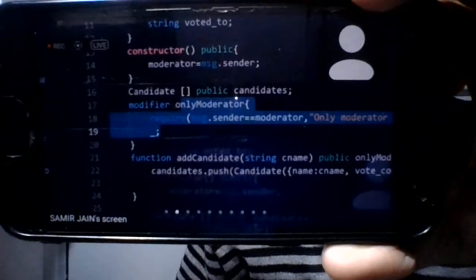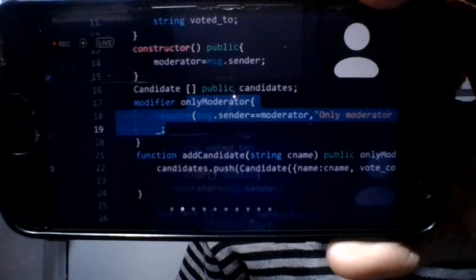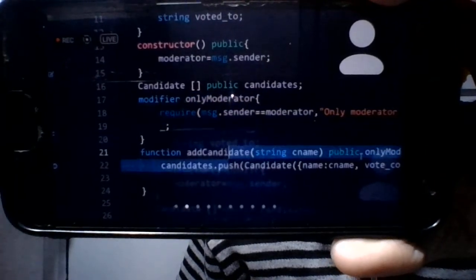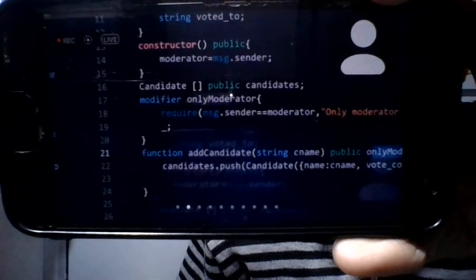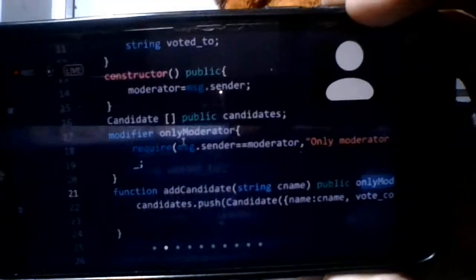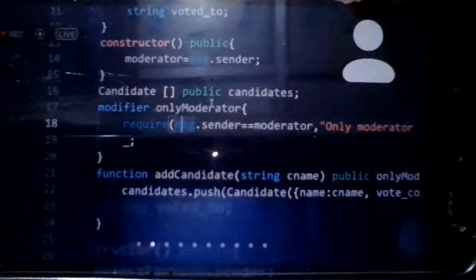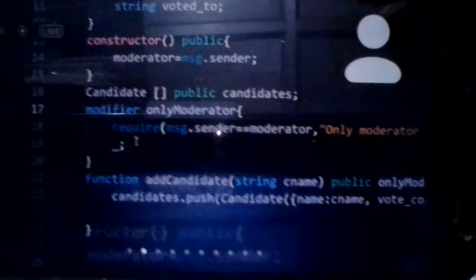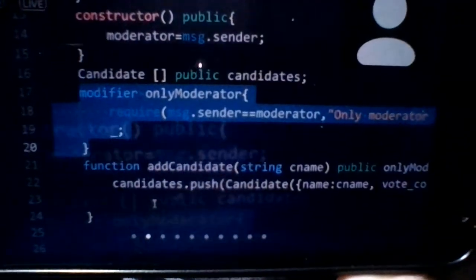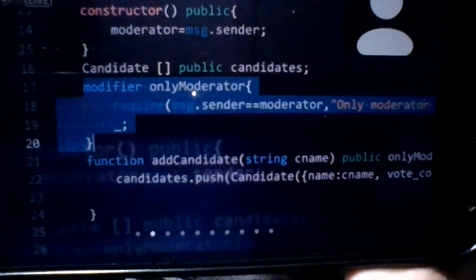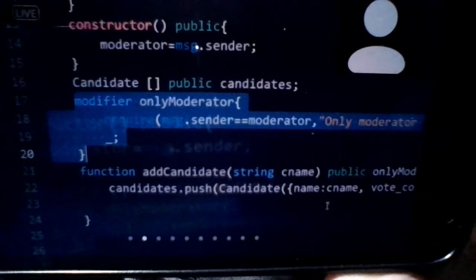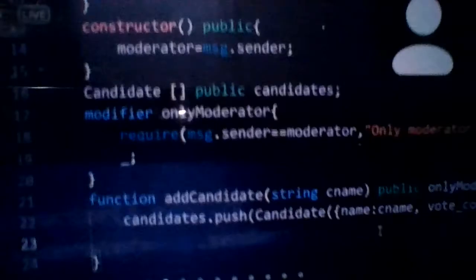No, it is not so. Whenever there is a call for this modifier, only then is the modifier checked, not always. Suppose you have already created a modifier and you are not using it; it will never get checked. It is only checked upon calling, whenever it is used inside the function.